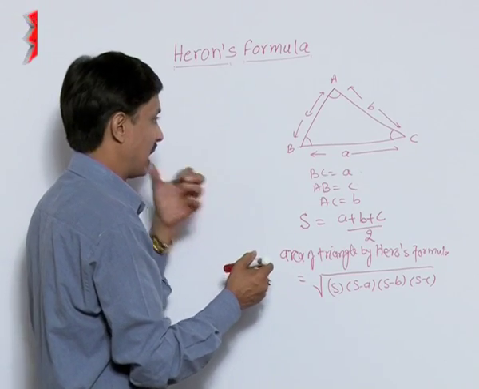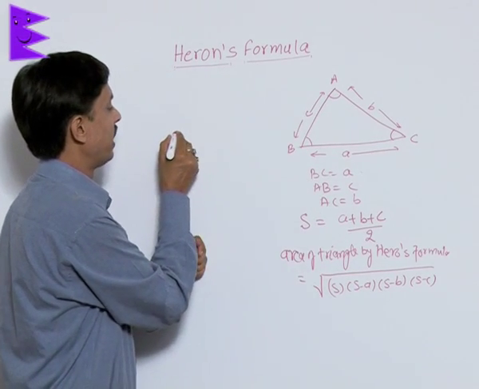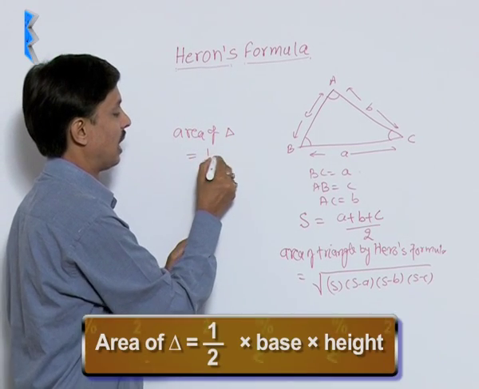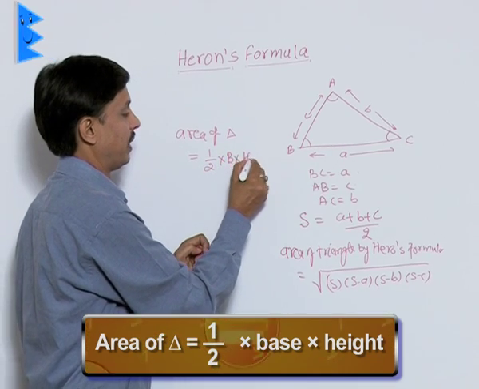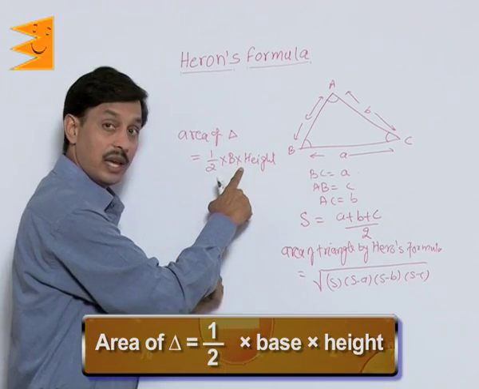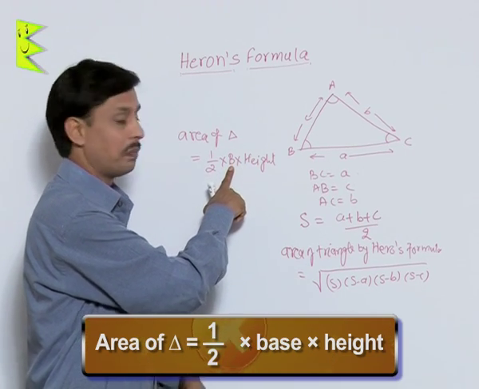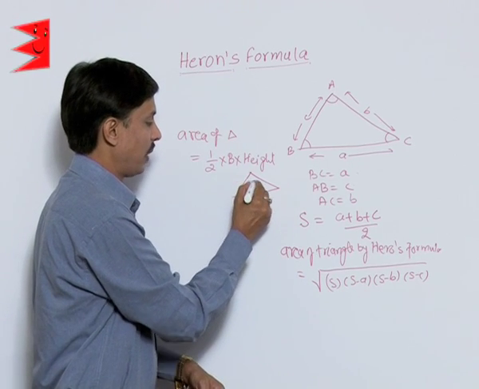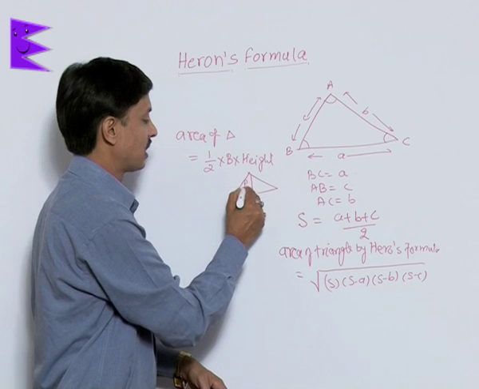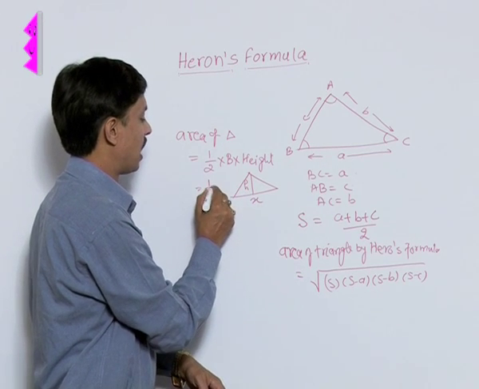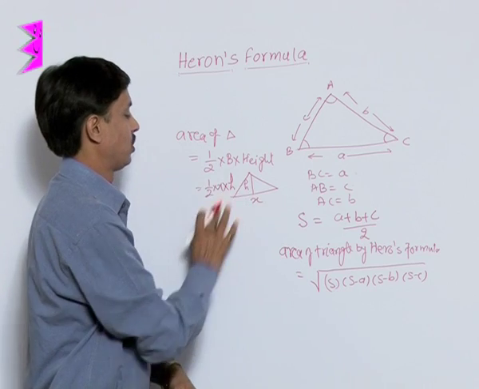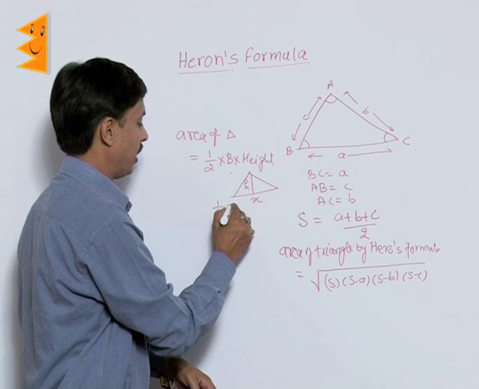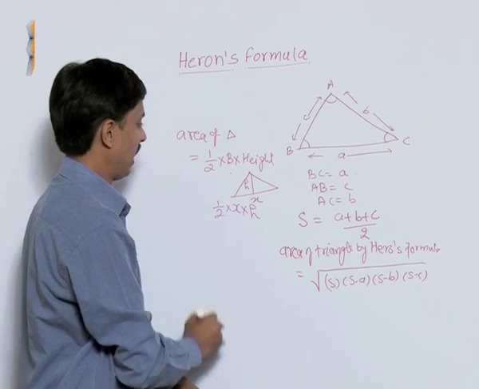How can we calculate that area? The first formula: area of a triangle, as you know, is half into base into height. I have written b to indicate the base. That is, if the triangle is like this, base is given and height is given. If base is x and height is h, the result becomes half into x into h. We call it area of triangle, half base into height, that is half into x into h.